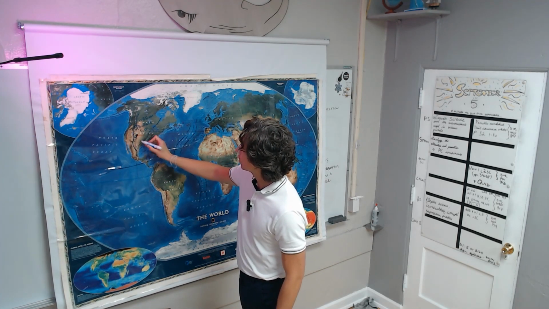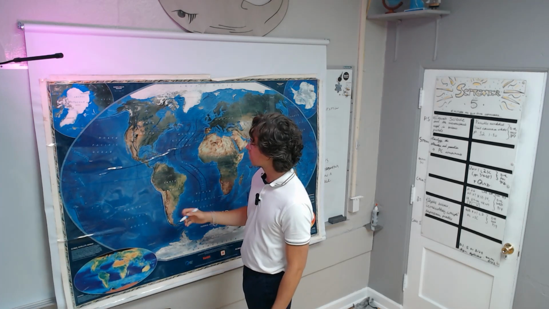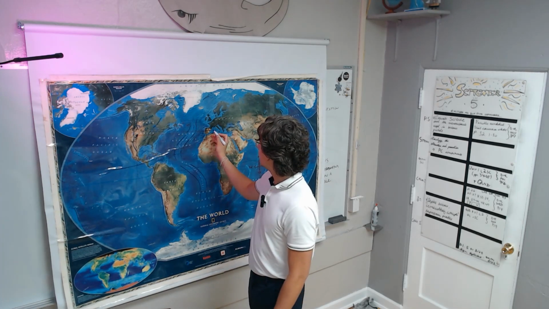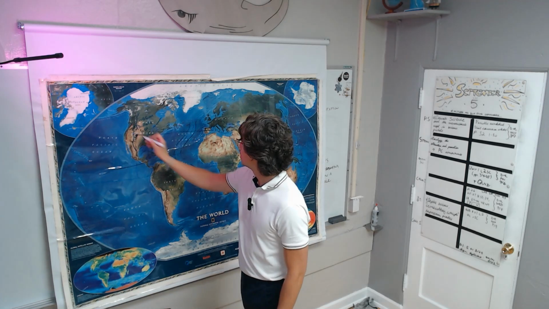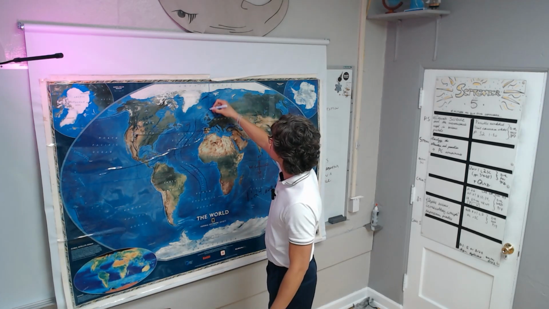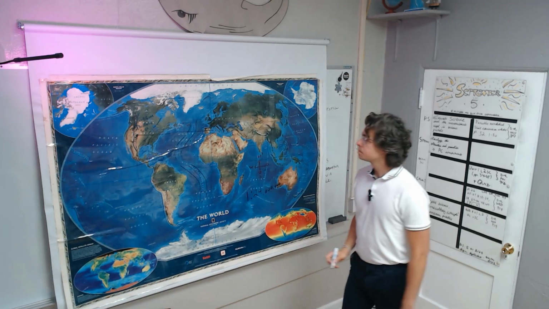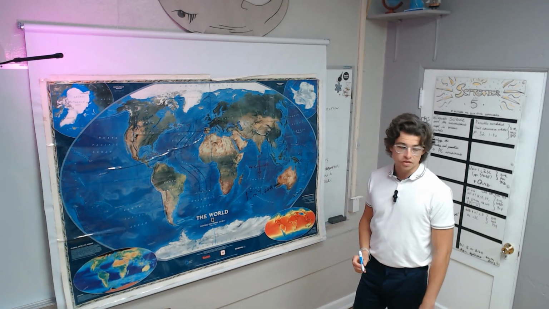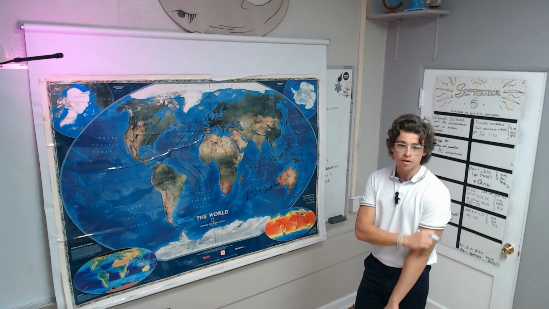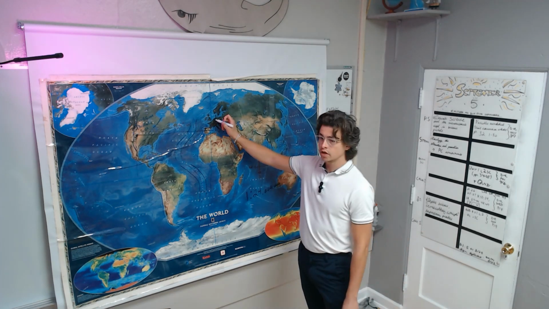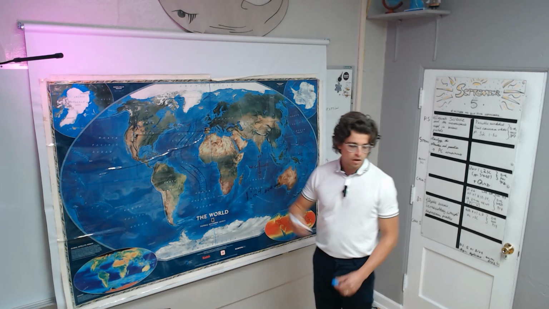Where do you think I'm putting this dot? Crawford. 42 degrees north of the equator, and 103 degrees west of this line. 0 degrees of longitude is, does anyone know? Prime meridian. You should write that down. 0 degrees of longitude is the prime meridian, which is an arbitrary line that runs through Greenwich, England,